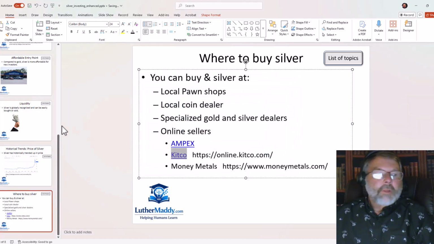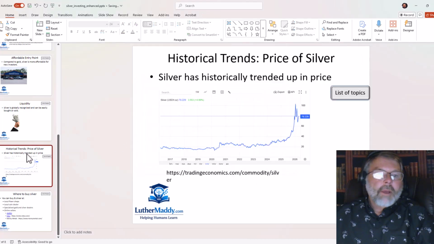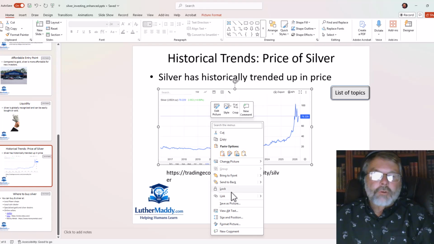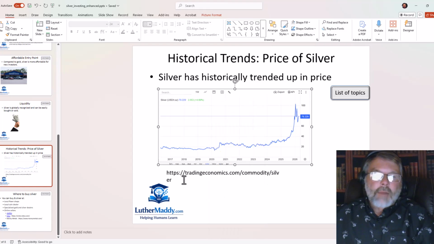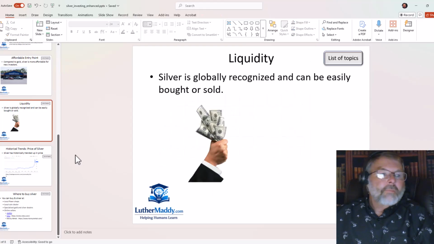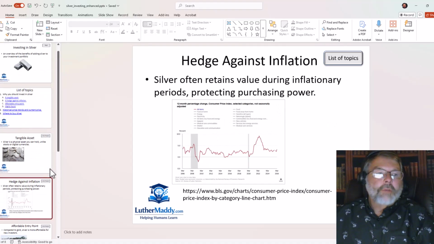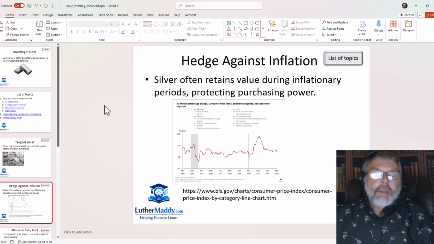Okay, so we'll assume we've got everything done. I could even put in the chart. I could make a link to the chart just by clicking on the chart, right-clicking on it, and choosing link as well. And I could put the address for whatever I wanted. In this case, prices for silver historically. I could do the Bureau of Labor Statistics as well. Okay, so we'll assume all the links are here, and now we're ready to go ahead and turn this into